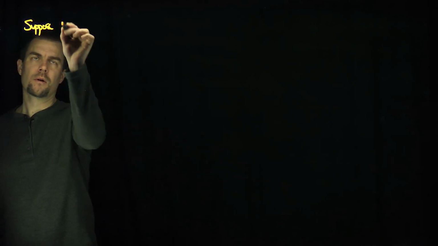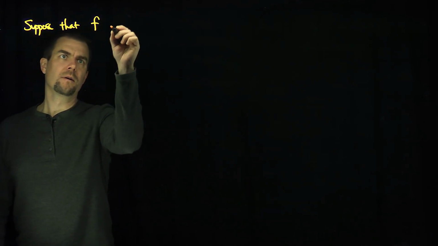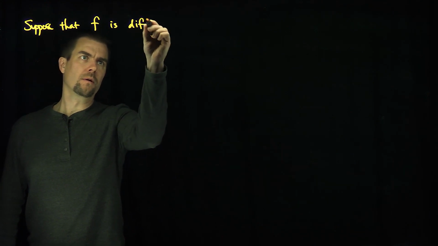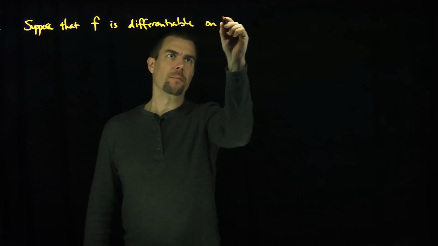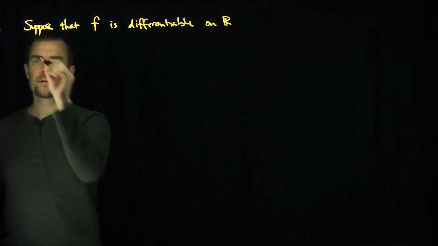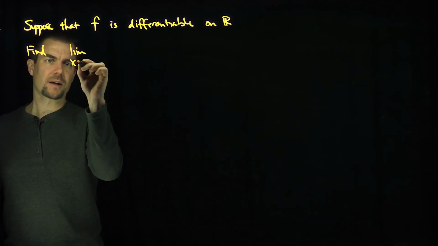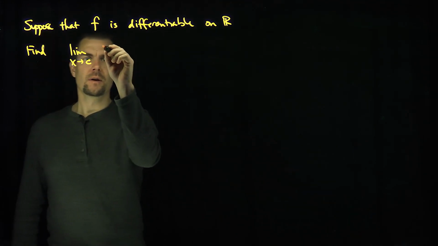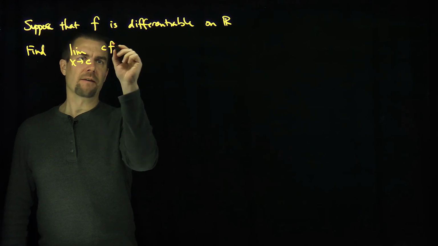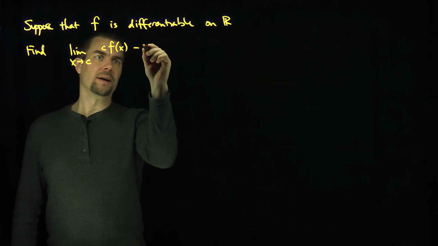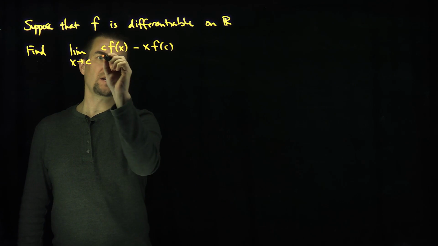Hello students, in this video we'll evaluate some limits using difference quotients. Let's suppose that f is differentiable on the real numbers. Let's find the following limit: the limit as x approaches c of c f of x minus x f of c, all